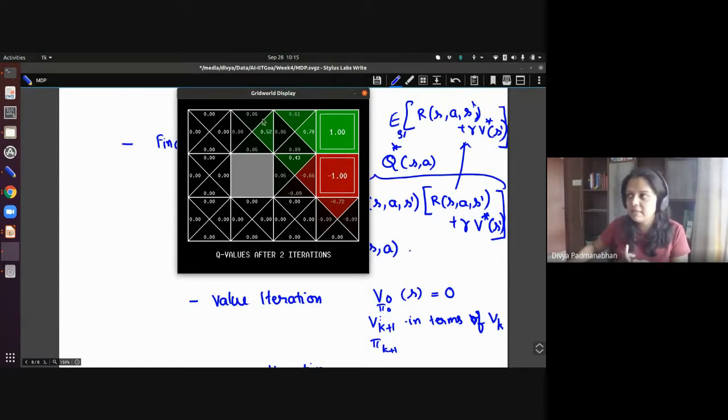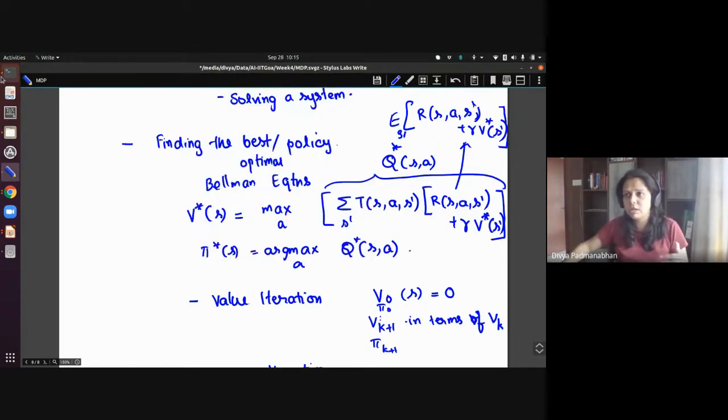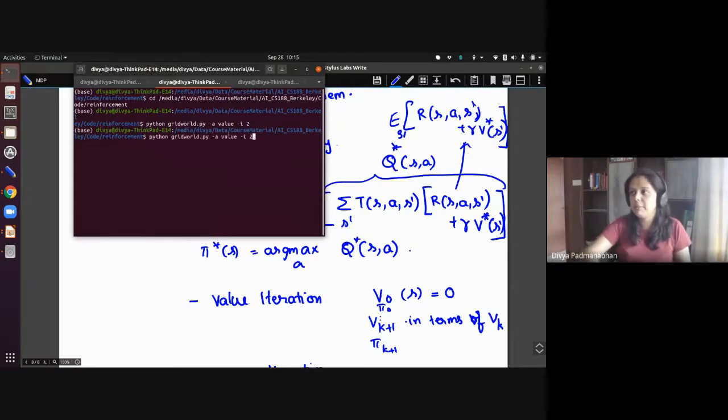What I'm seeing is that I got one more set of Q values. And that's how it typically progresses. You initially start off knowing nothing, and then you see what happens when you could look ahead by 1 time step, and what happens if you could look ahead by 2 time steps. That's how it progresses. So let's see after a couple of iterations. Maybe let's keep around 15 iterations.